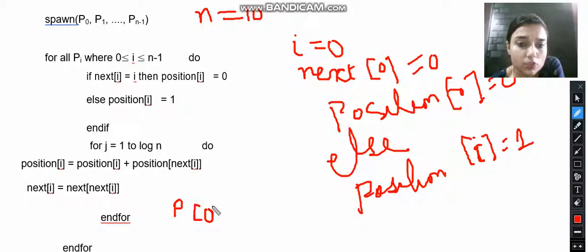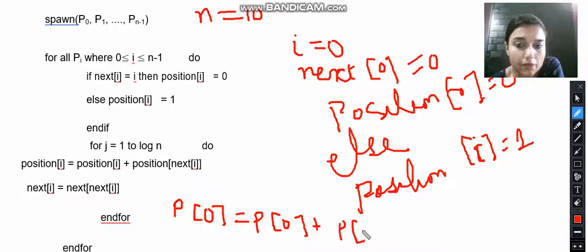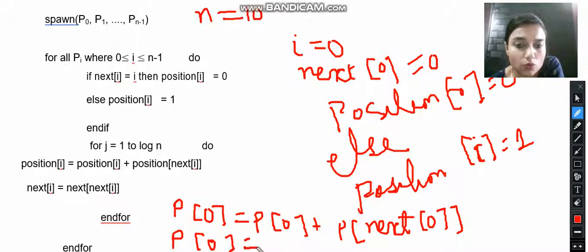So P of 0 is equal to P of 0 plus P of next of i. So next of i will be 0. So what we will get? P0 is equal to P0 plus P0,